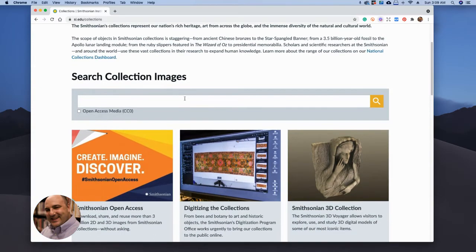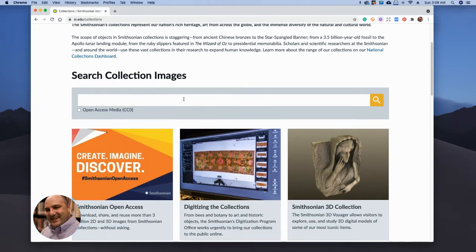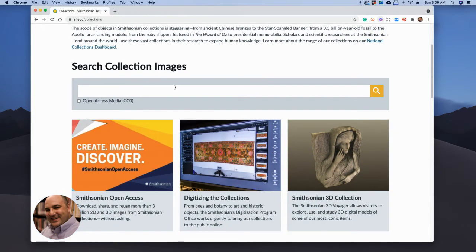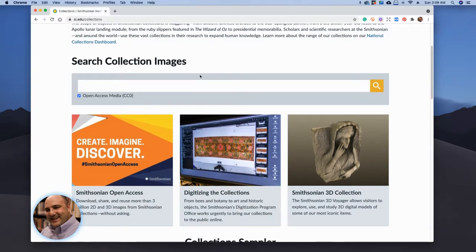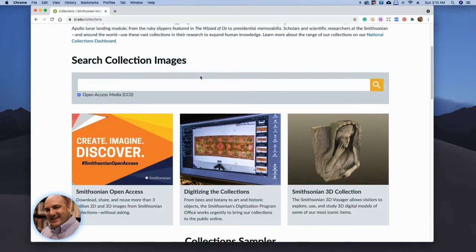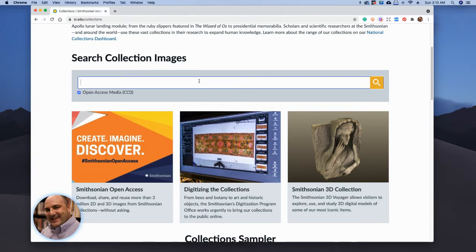Let's go ahead and click on, before I forget, open access media, which is the CC0, and that is part of the terms of use, which I will show you in just a second. But I want to do a quick search and share with you what you can find and what you're going to see. So I'm just going to search for some butterflies. Again, I did click the open access media CC0,